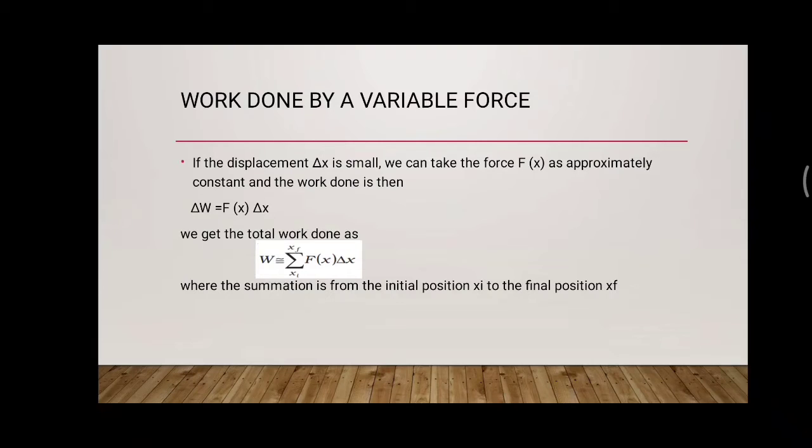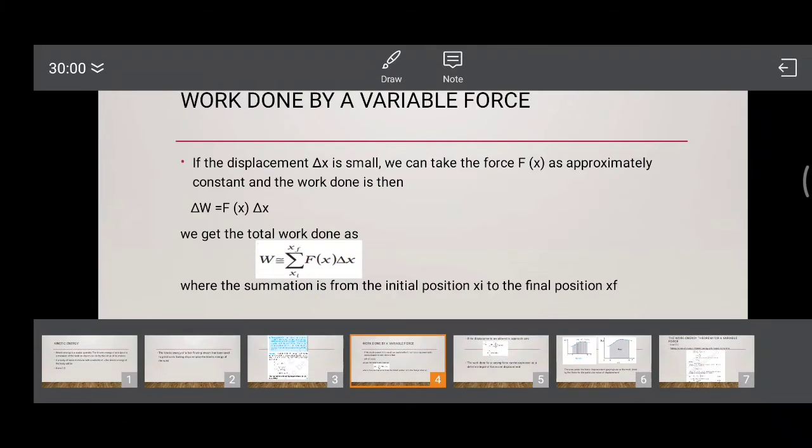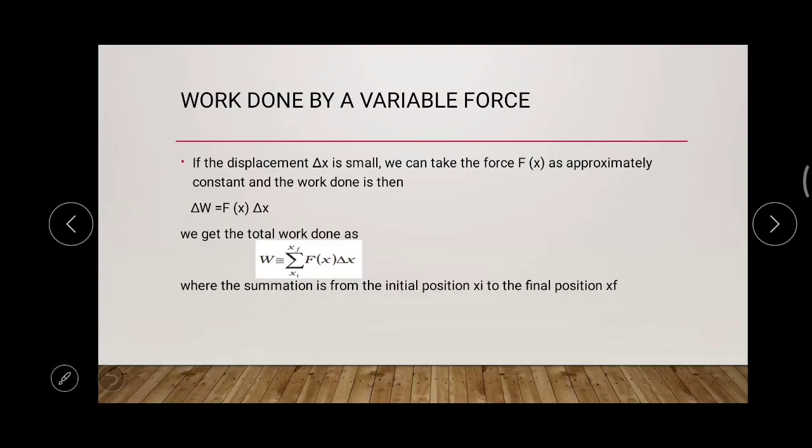Whichever the displacement, if you want to find the work done, multiply the force value by that displacement value, and you will get the work done for a particular displacement. But if the force value is continuously varying throughout the path, then for the first point, for the first time t1, the force was